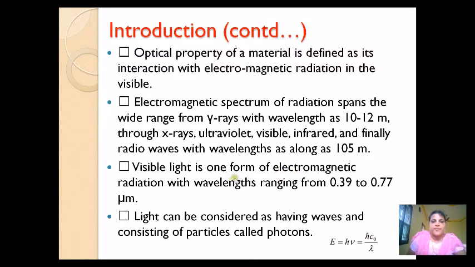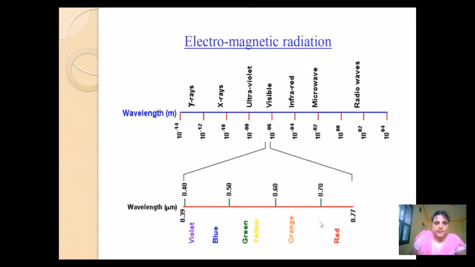See here, the visible spectrum has been given the wavelength range as 0.39 to 0.77 micrometer, that is 4000 angstrom to 7000 angstrom is the wavelength range for the visible radiation, and we can calculate the wavelength of each light, each photon using this formula. E is equal to h nu, and this again can be written as h into c by lambda, and these photons we are going to consider here as light waves, which can behave as waves as well as particles.